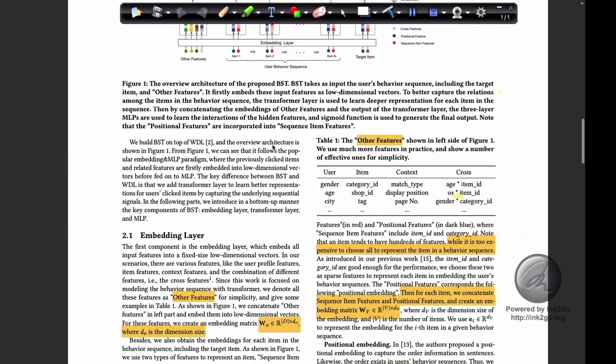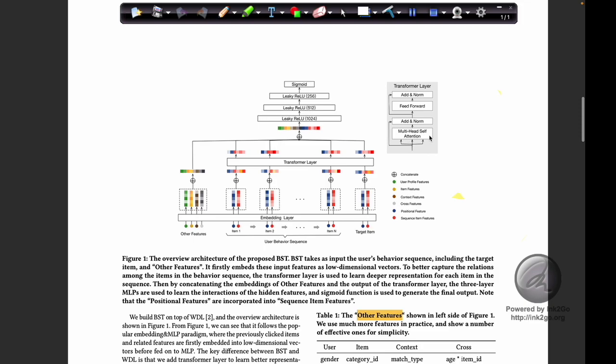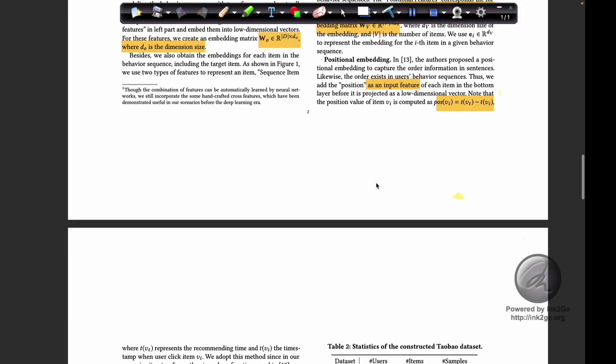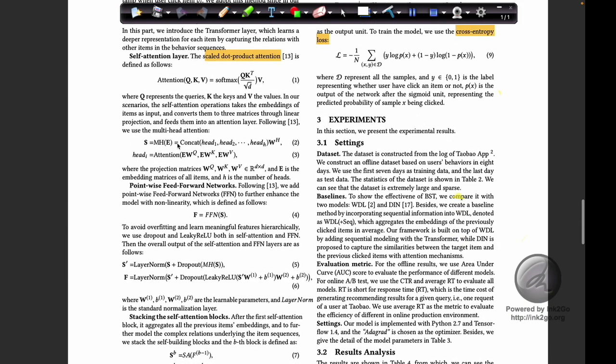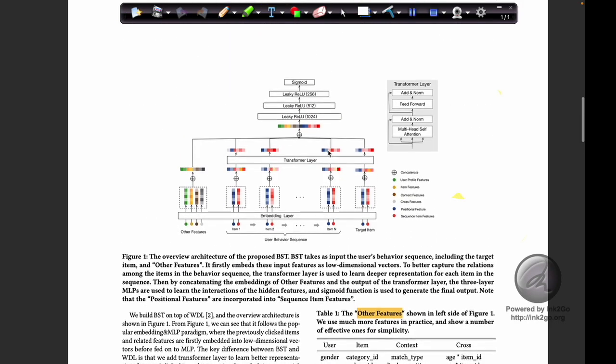This is multi-head self attention, and as you can see, there are multiple heads which are concatenated and normalized.